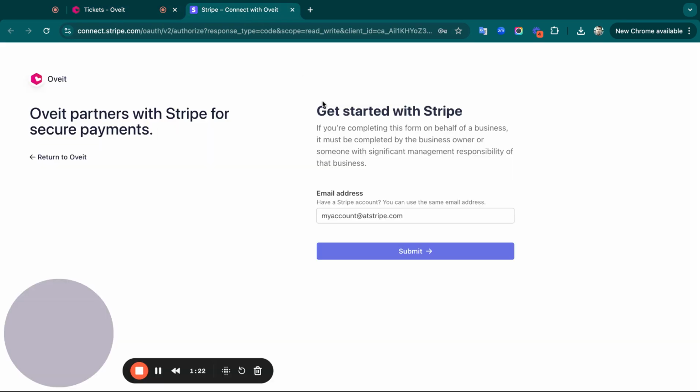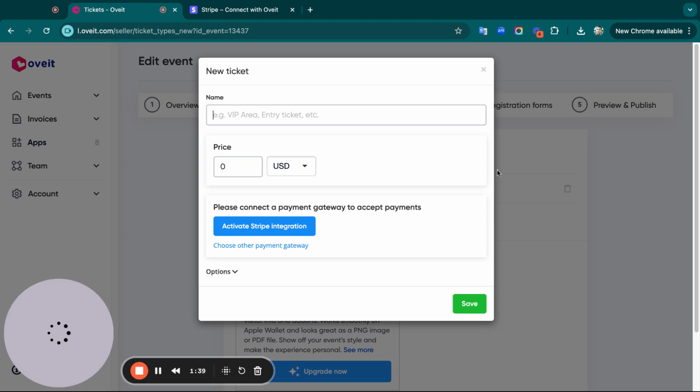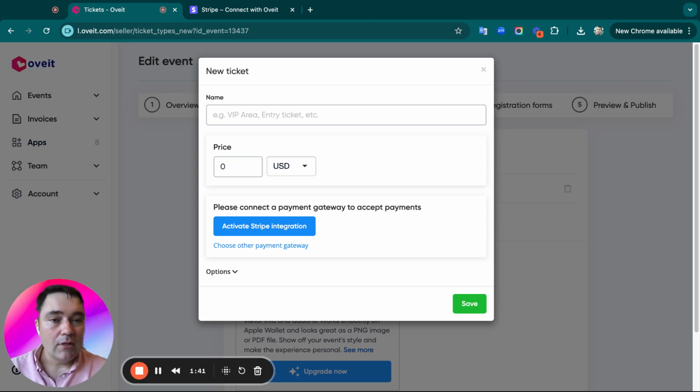This will take you to Stripe. If you're already logged in, you will see an agreement button, which allows Oveit to accept payments on your behalf. And if not, you will need to log in or start an account with Stripe. Once you do that, we will be able to sell tickets for you when you redirect your audience to your ticketing and registration page. Everything in terms of payment processing,